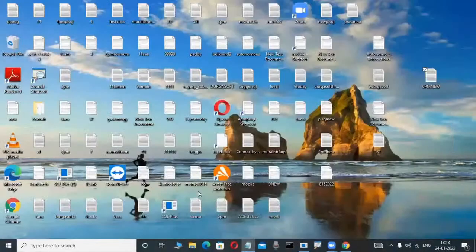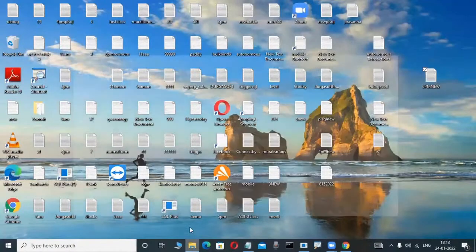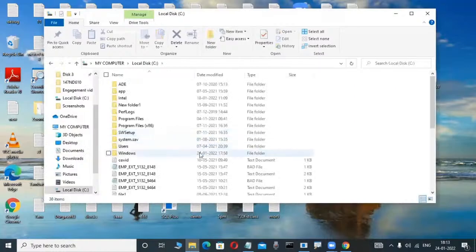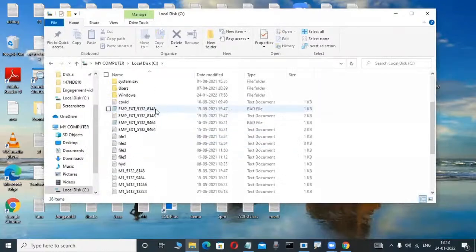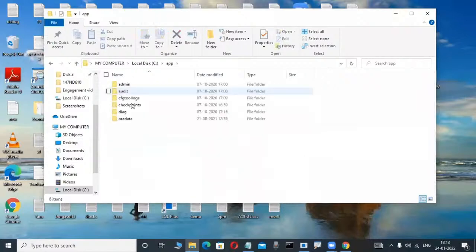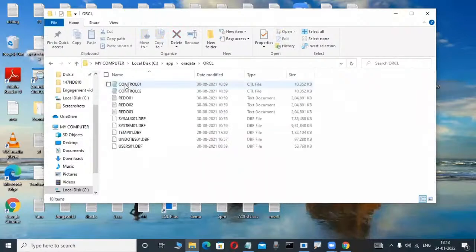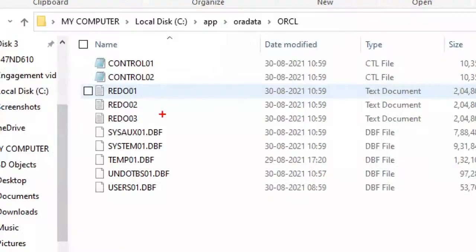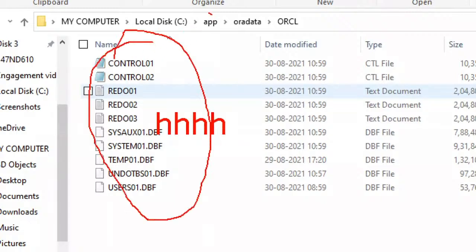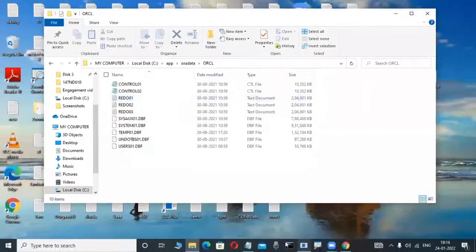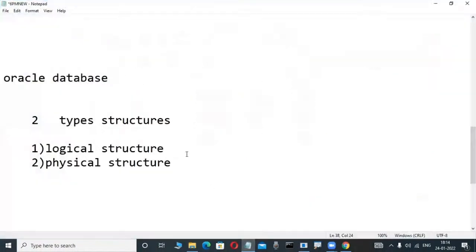Suppose I am installing Oracle on my system, how to install Oracle we will learn in next classes, don't worry, say in the C drive. In this C drive, your table is not available. Whatever table I create is not visible in the C drive or D drive. That's why a logical structure means a structure which is not visible